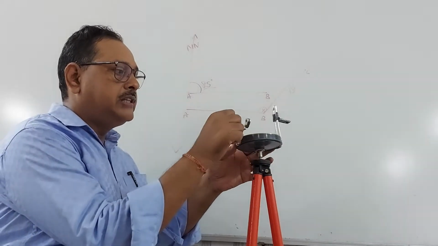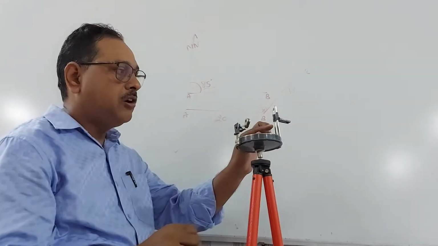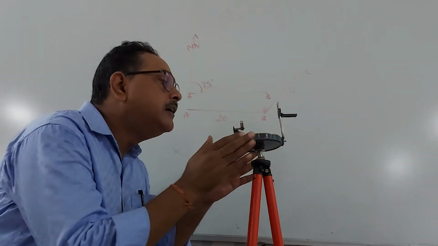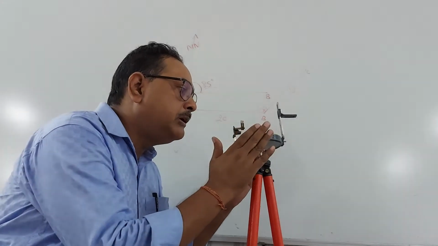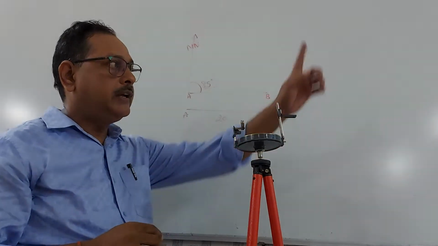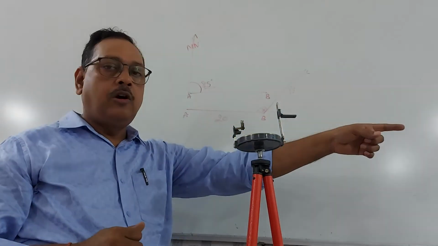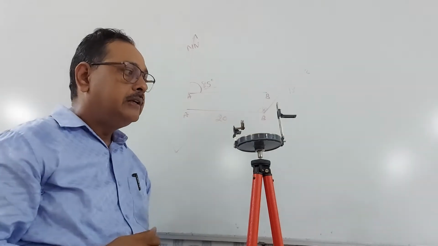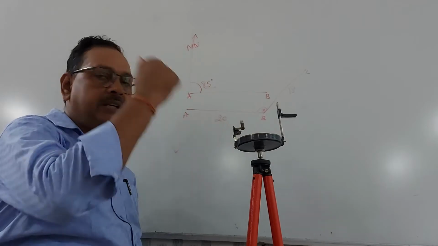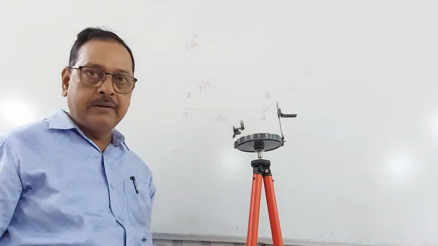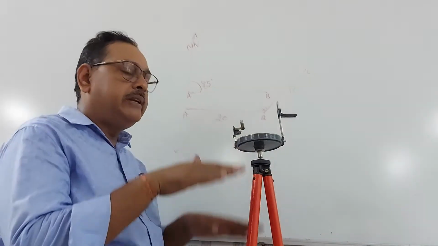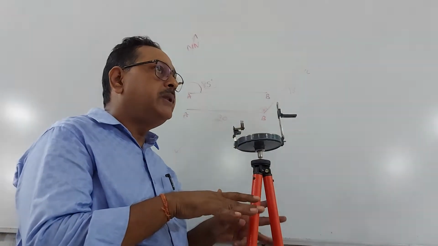So this slot is there. See, are you able to see this slot? And this horsehair is here. So by orienting the magnetic prismatic compass, get it aligned. Means this slot, this wire and the object of which you are going to measure the bearing should be in a line. Okay, after orienting, see what the present reading is and note it on paper. Right? So this is the way of taking its reading. So this is regarding the study of the prismatic compass.